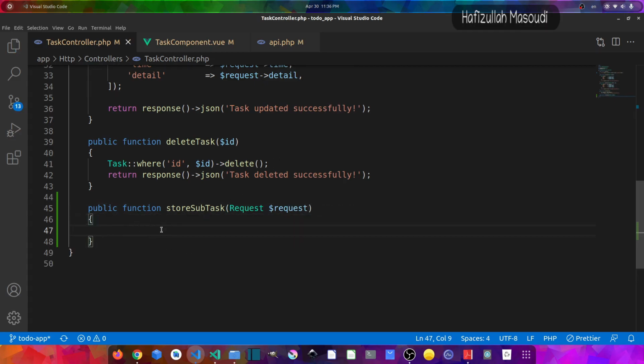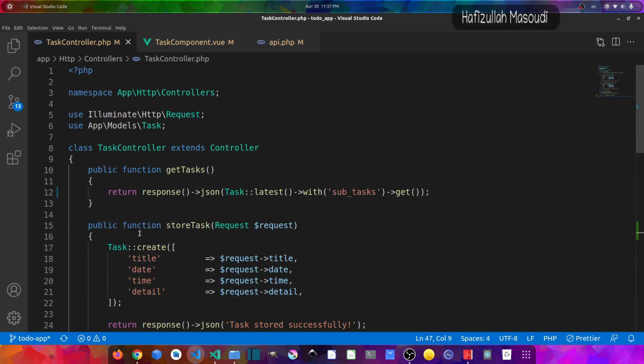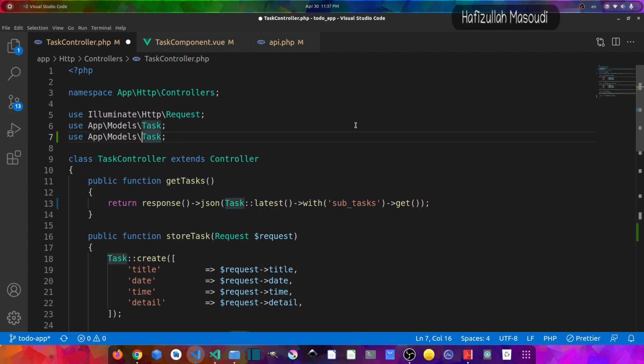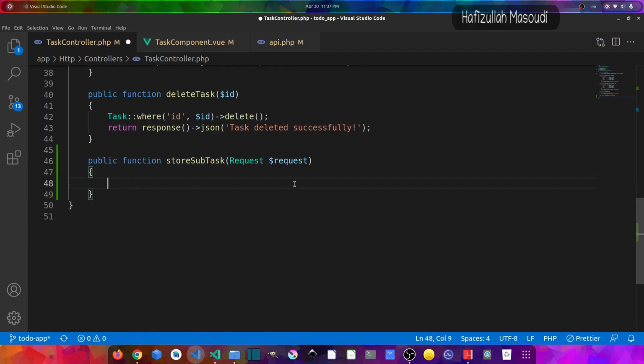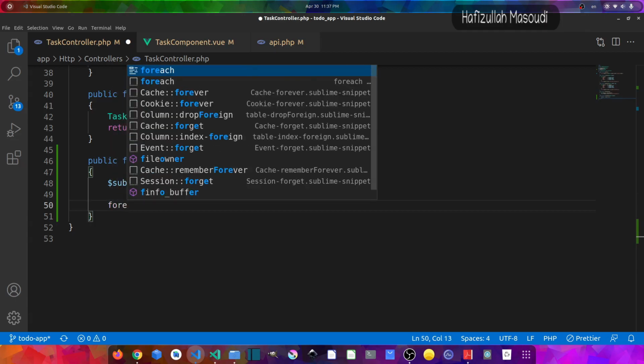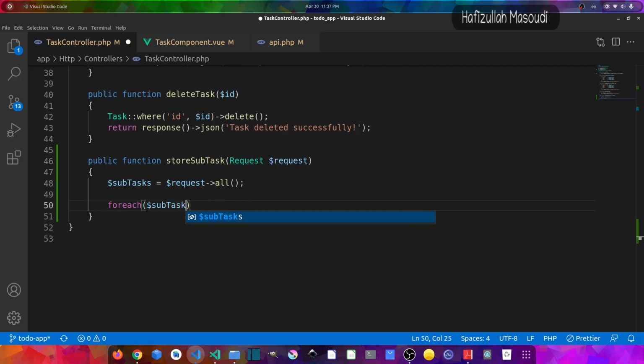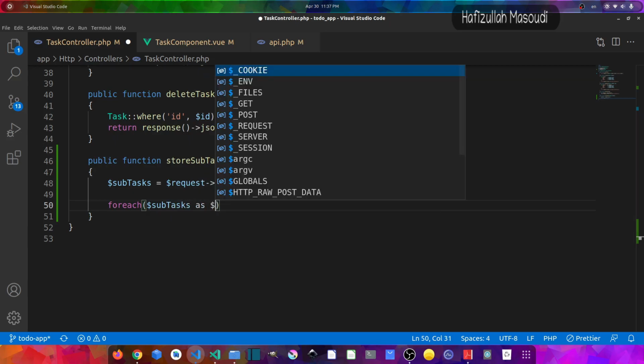And before writing any code in here, let's import our subtask model. So let's duplicate this one, and let's say Subtask model. Now to store the subtasks, first of all let's get all the subtasks from the request variable and store them in a variable. So let's create a variable by the name of $subtasks, which will be equal to $request->all(), and then let's loop for each of them. So foreach $subtasks as $subtask,